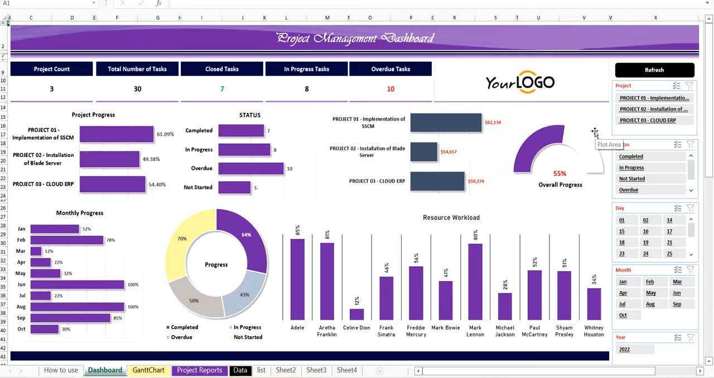Please enable the macro before you go ahead and use the file, because only then will the refresh button here work. In case you have challenges getting the macro to work, you probably need to go ahead and click on the pivots,